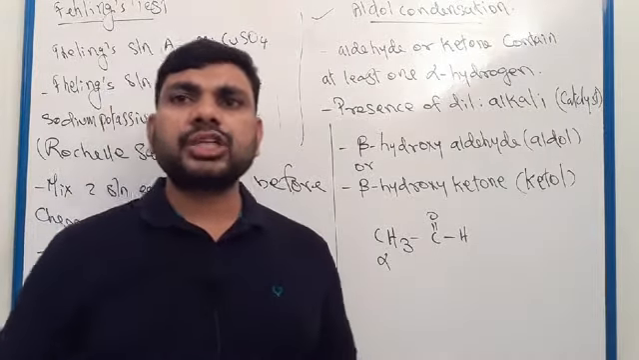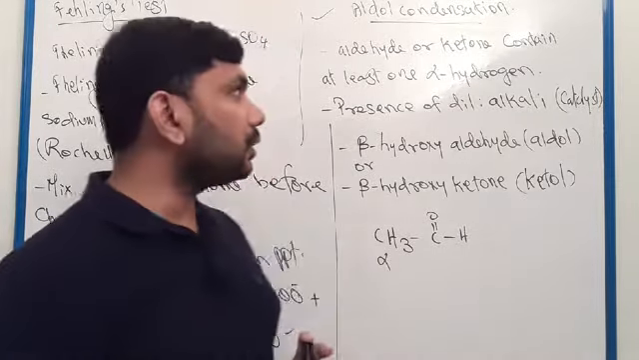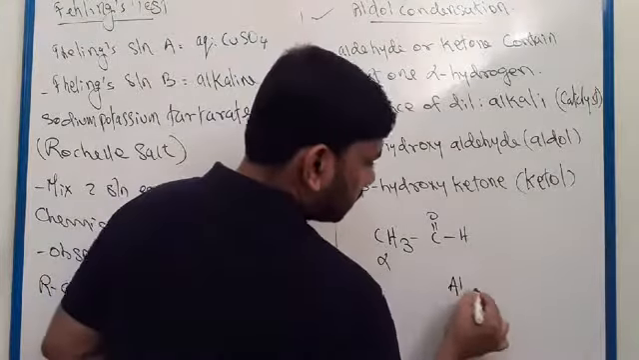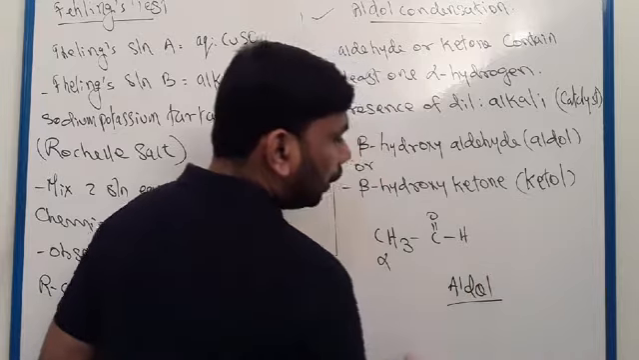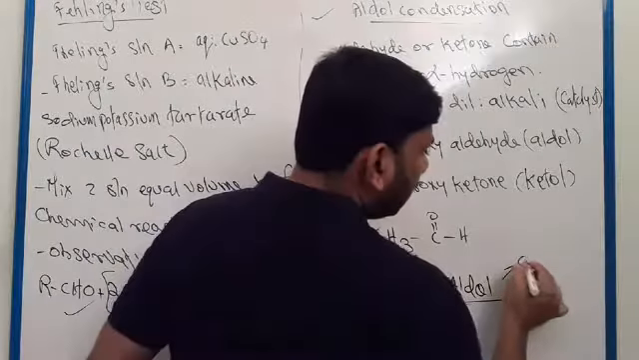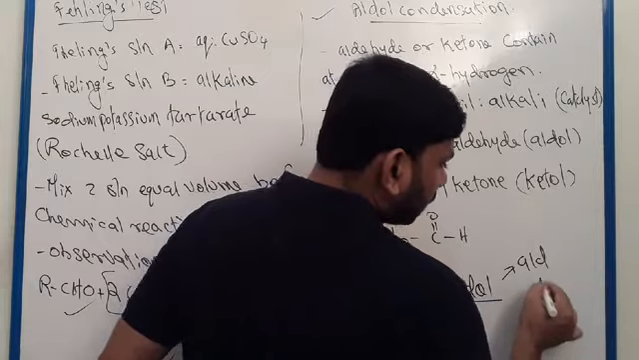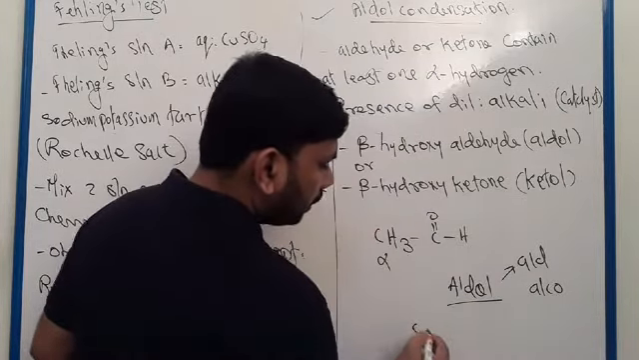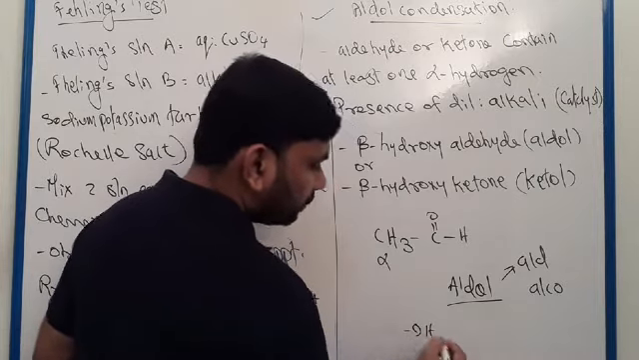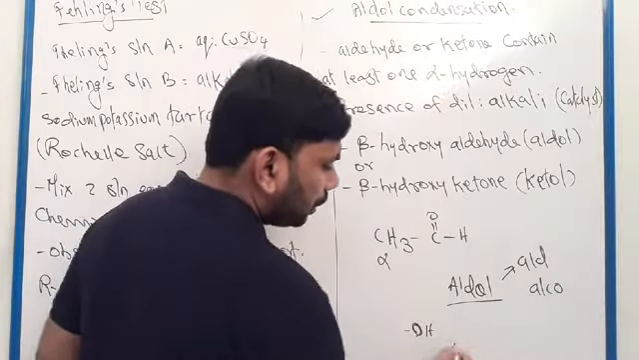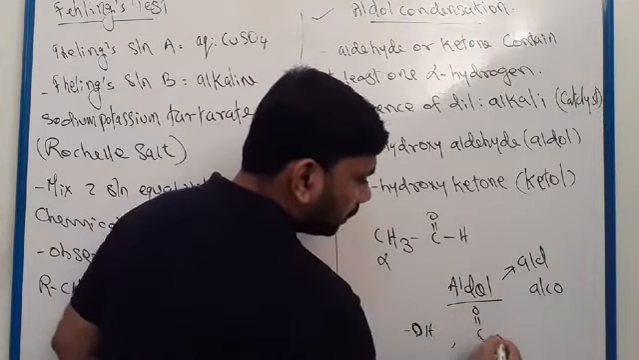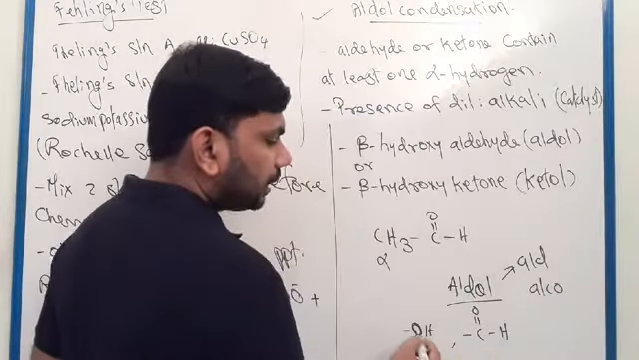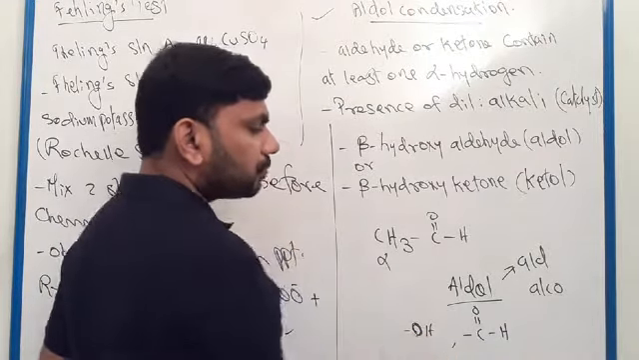Next chemical reaction, aldol condensation. Actually, aldol means a compound which contains both aldehyde and alcohol. The compound which contains OH, we know OH is the functional group of alcohol. Also the compound which contains carbon double bond oxygen and single bond hydrogen. Aldehyde and alcohol. Such types of compounds are called